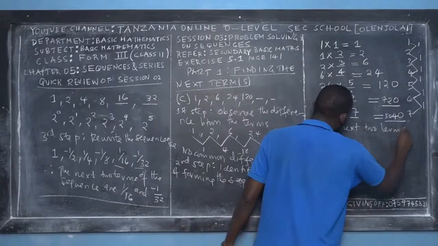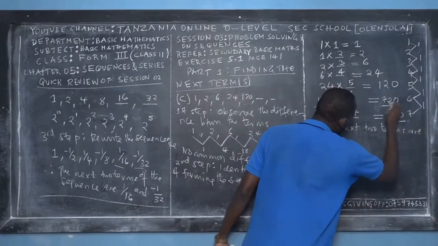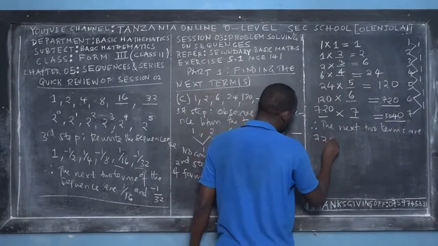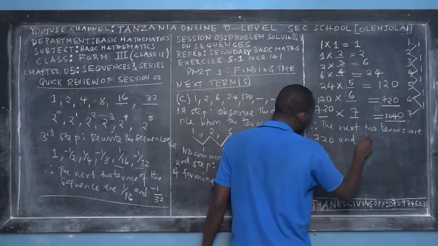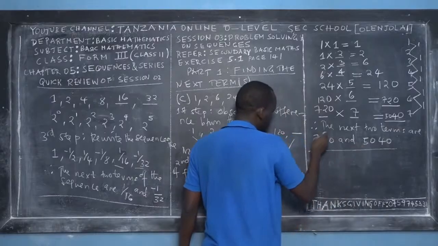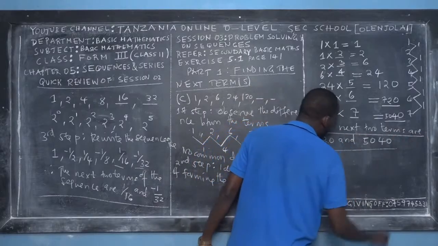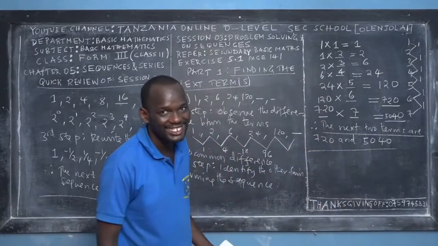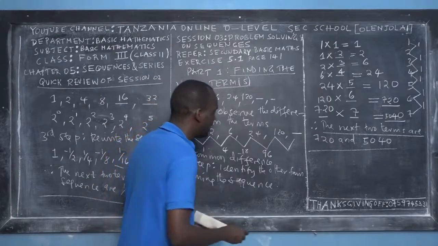of the given sequence are what? 720 and also what? 5040. So this is the response. Beautiful? Yeah, it's beautiful. Then part C